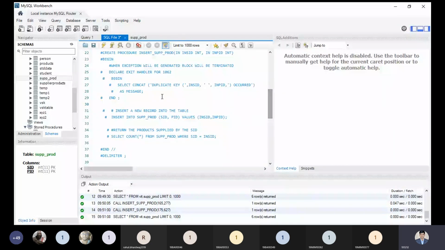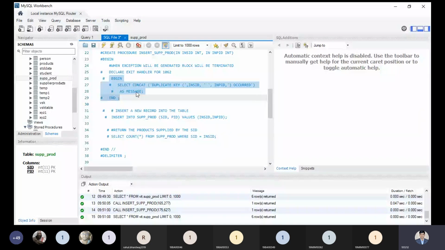This is showing that we need to handle the exception. Now, from which part can you generate the exception? This is a block which is defined to generate an exception.